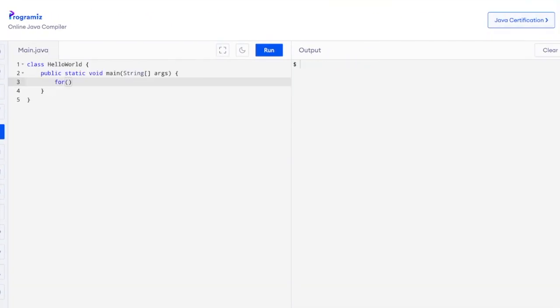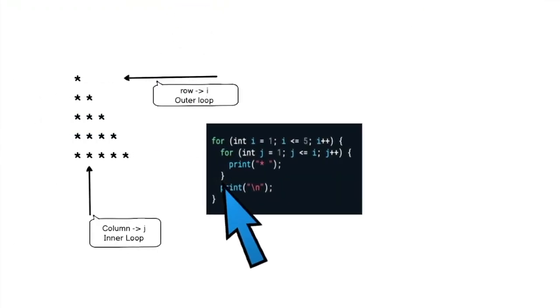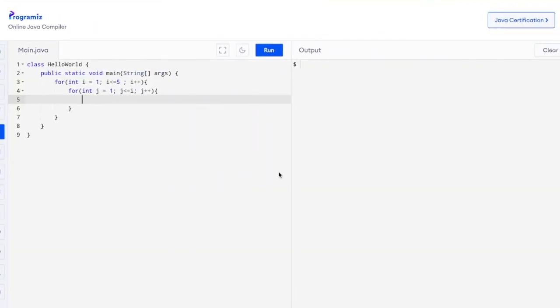So what we have to do is, for the outer loop, int I equals 1, I goes up to 5, including 5, I plus plus. And then for j equals 1, j goes up to I, j plus plus. For print we don't have a simple print statement, like this print statement is not there. So what we do is